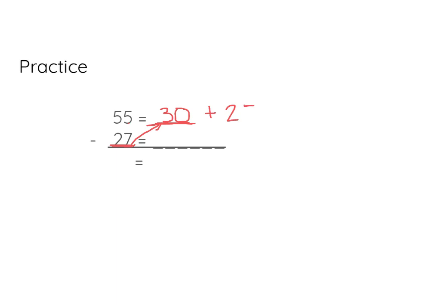Plus 25. That's where we do our renaming. Or our break apart. We break apart 55 into a 30 plus 25. We're going to subtract that 27 from the 30. We don't do anything to the 25, so we just